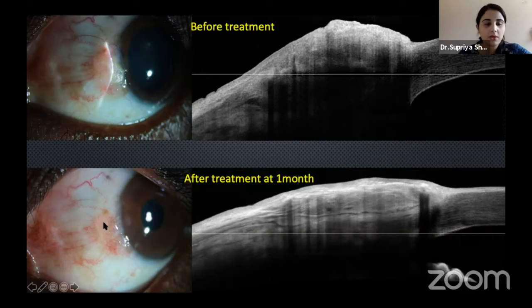At the follow-up visit, this is the 1-month clinical picture and the AIOCT image. Clinically, this lesion appears to have resolved, but on the AIOCT we see the abrupt transition has reduced, but the epithelial thickening is still prevalent with some hyperreflectivity, and the cleavage plane is better appreciated here because the epithelial thickness has reduced. So though clinically the lesion appears to have resolved, the AIOCT showed some epithelial thickening remaining, and therefore the patient was given another 2 cycles of